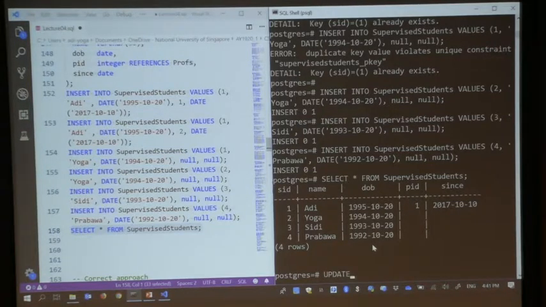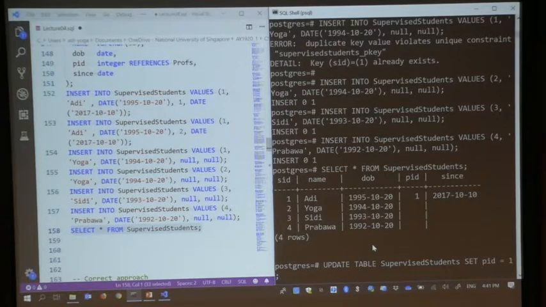And we can update table supervised students, set PID equals to 1.